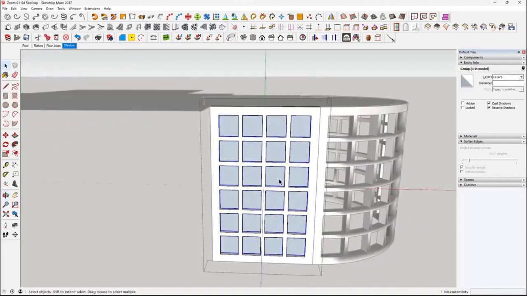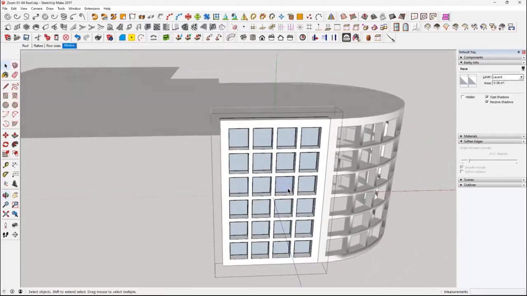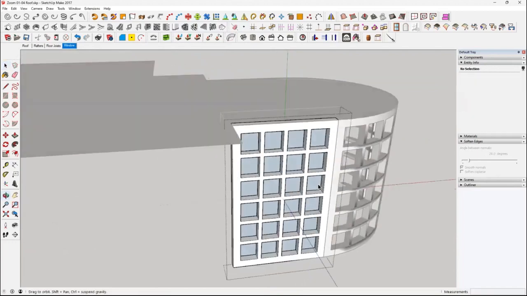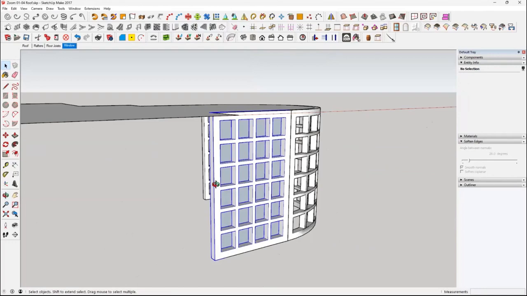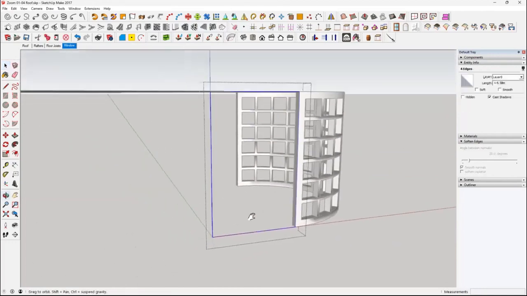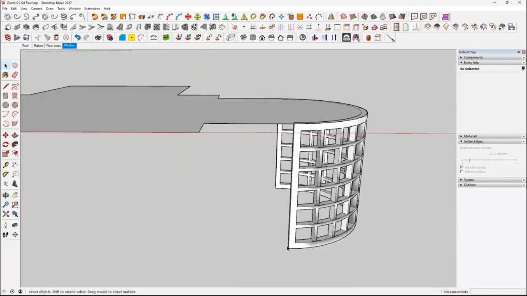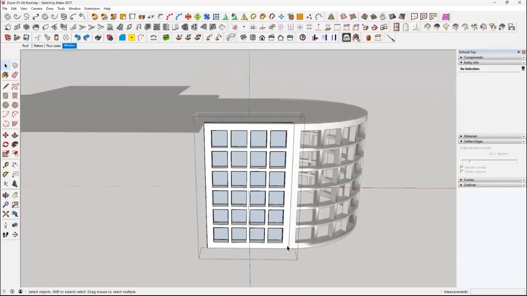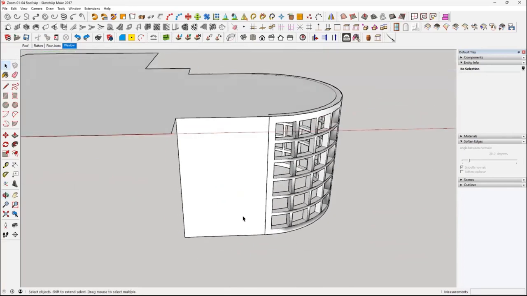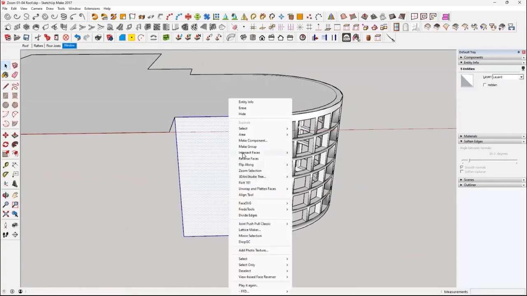Double click, click on the glass and delete. Delete the glass. For some reason it's put lots of glass there. Well, if we hide that, I don't know why. Let's put 2 lots of glass there. So what we'll do is a Control Z. No idea why I've done that, but what we can do is take this window, double click, right click, make a group,